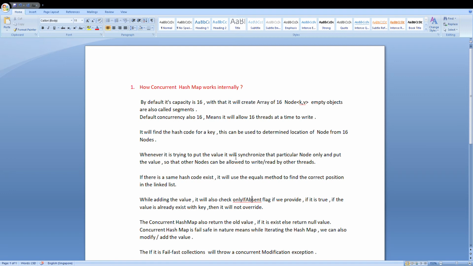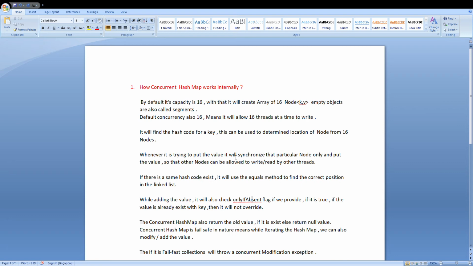If the same hash code exists, it will use the equals method to find the correct position in the linked list. So the node is a kind of linked list. It has internally the next method. So if multiple hash codes are the same, it will link internally to the node.